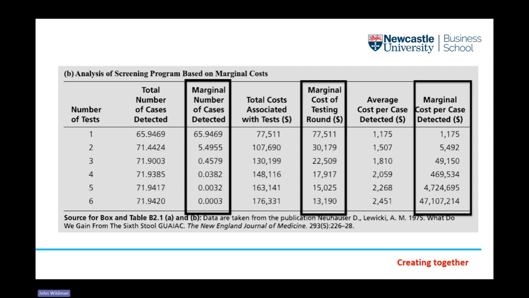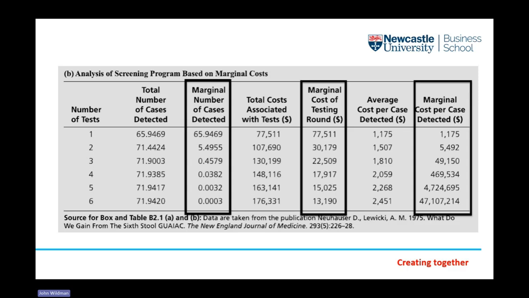So this is why thinking at the margin is so important. On average, these look like reasonable approaches, but at the margin, they do not. And so what cost effectiveness analysis is trying to do, and incremental cost effectiveness analysis is trying to do, is to get us to think in that marginal fashion. What happens if we do a little bit more? Is it worth that extra money?